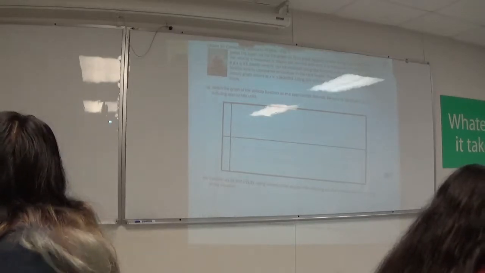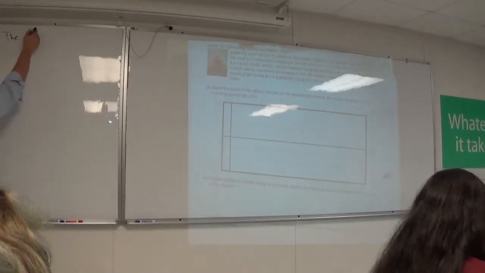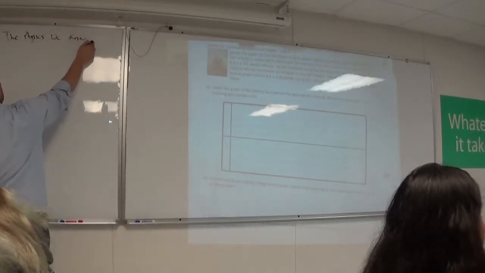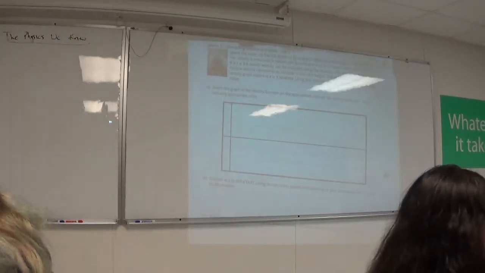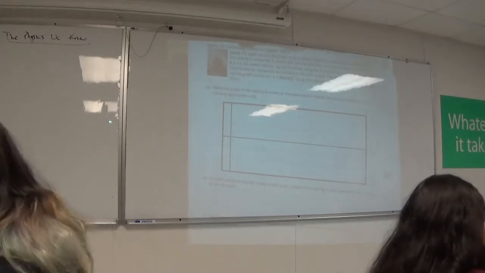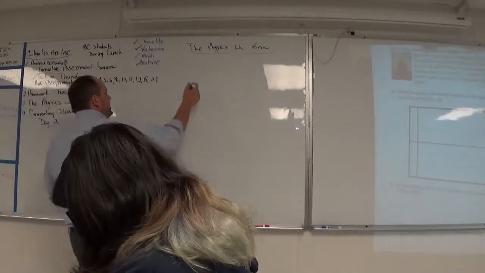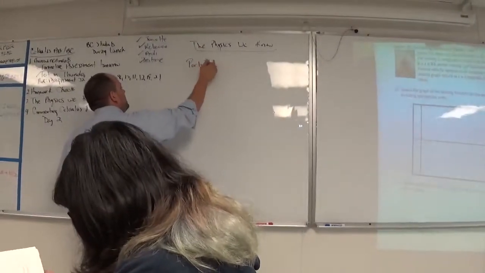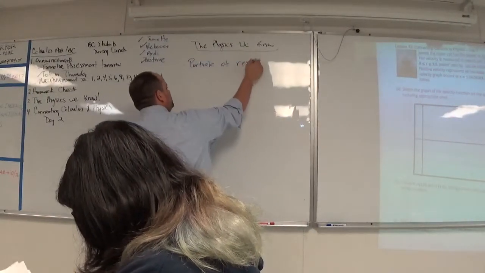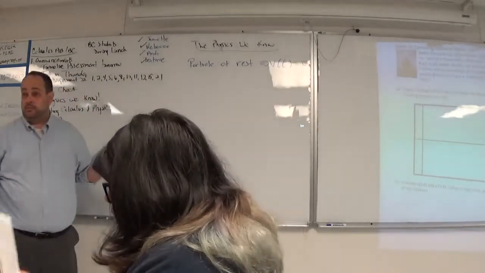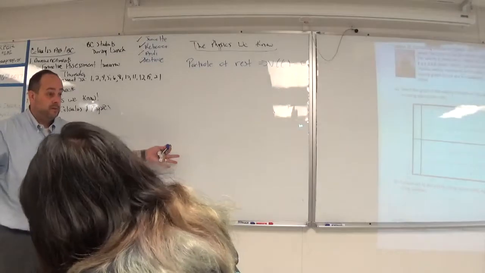All right. So I just want to make a list of the physics we know. Maybe you want to put this in your notes somewhere, maybe you don't. Totally okay with me, as long as you know these things. Things that you need to know. When I say a particle is at rest, that means velocity is equal to 0. Right? You're at rest, you're not moving.